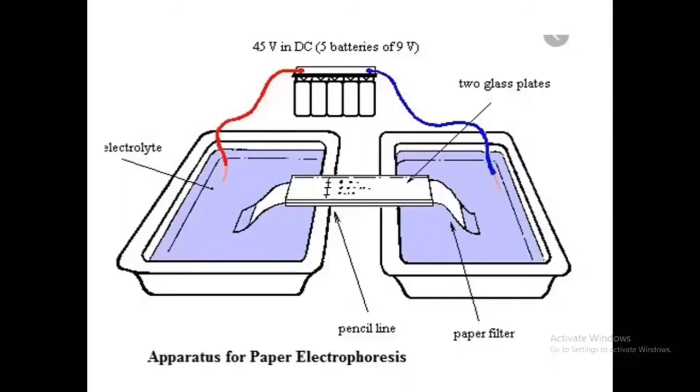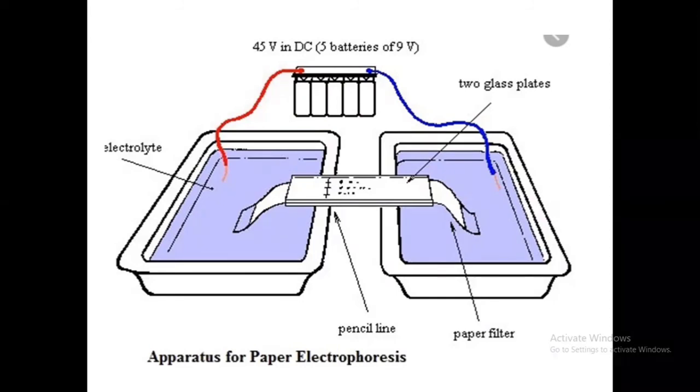Before I place my paper, what you have to do? That dry paper we are going to wash. After washing, you have to moisten it with buffer. Whatever buffer you placed in the beakers, that buffer you have to use for moistening. Then only you apply the sample spot, exactly at the center of your paper. You should not apply on dry paper. After moistening with buffer, you have to apply.